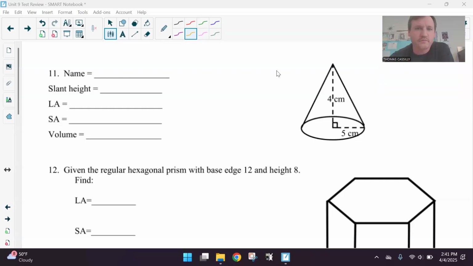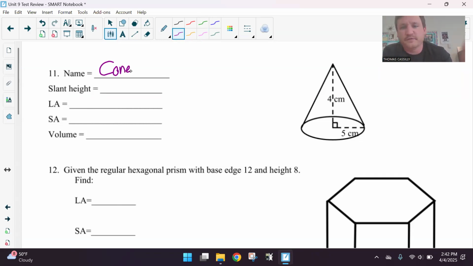Round three, here we go. Unit 9 test review. This is a cone. So remember, a cone is just a pyramid with a circular base. All right, that's the only difference. The slant height on this guy,